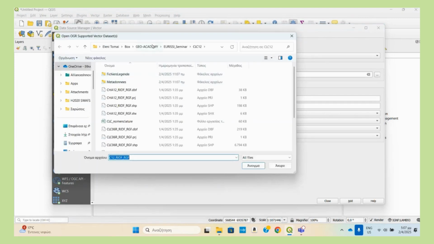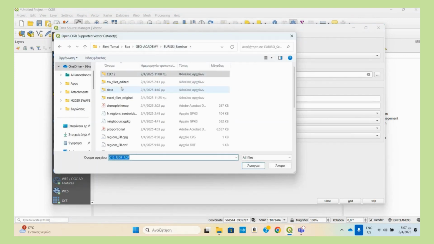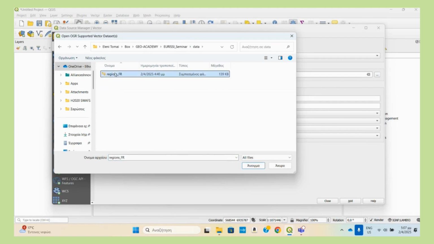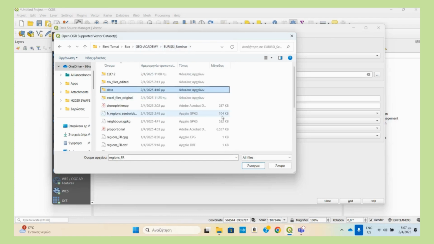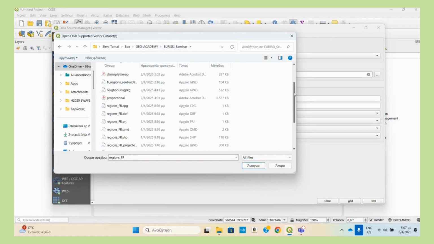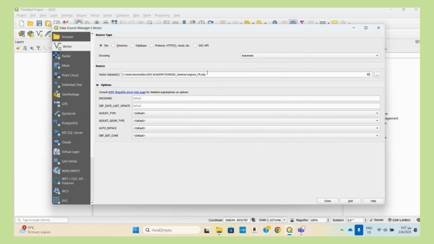And now let me go to my folder and go to the data. Okay, I have the data here. It's also here. Now I will load a shapefile which has only the polygons of the regions in France, the metropolitan regions in France, not the land that France has overseas, that we know it has, like Nouvelle Caledonia and so on. Only the